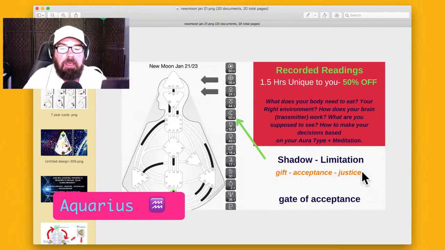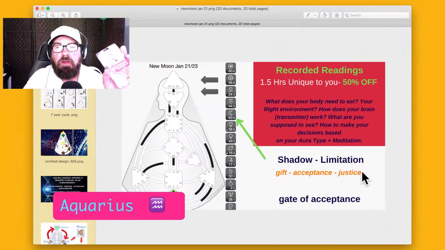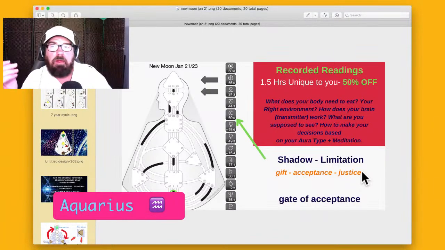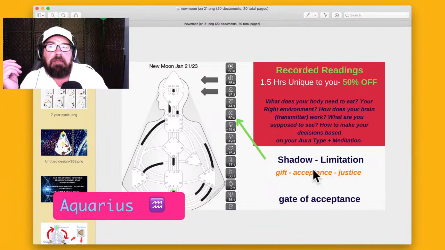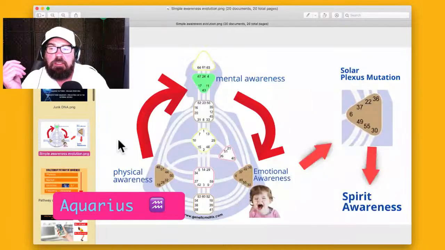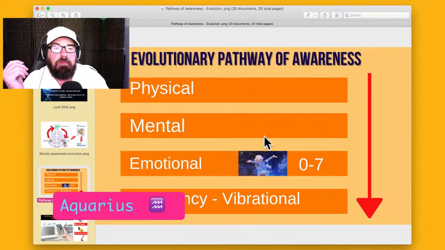That's what I see here, and that somehow this cycle of revenge that you've been in, right, with these Knight of Wands type people, the narcissist, and taking advantage of you and exploiting you and all of that, that's all coming to an end, right? So to give this up, this anger, because this is destroying you and limiting you, right? So to me, it's about just accepting these feelings that are coming up, right? And maybe some things that have happened to you in childhood, right? This is the way in. Remember, we're the pathway of awareness, physical, mental, to the emotional, and then we return to the vibrational.